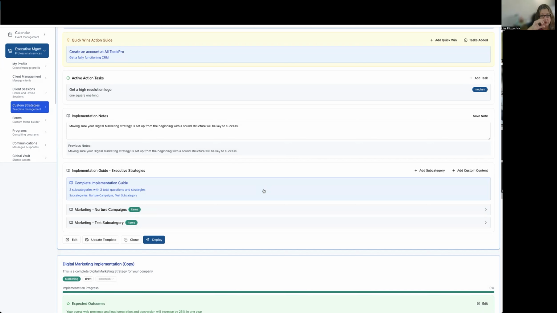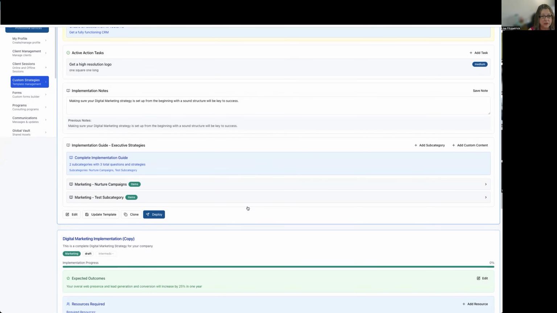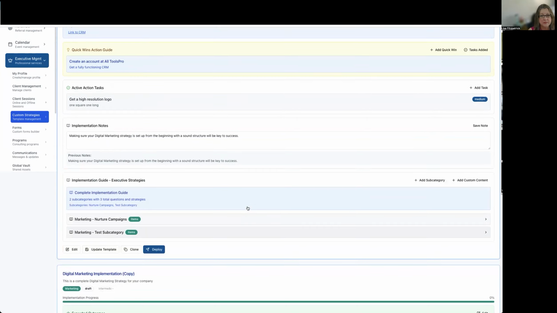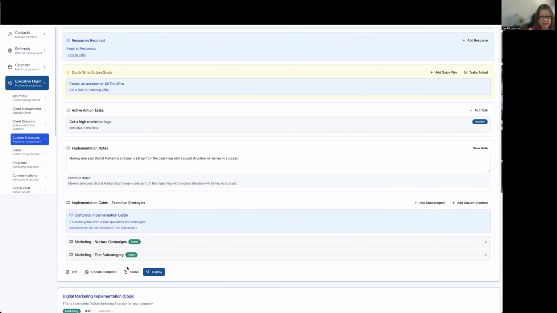So if you're already on number 1, it should go number 2 and move everything else down if you're doing a custom strategy. And then you can always rearrange things in your journey map for them. So now we have custom templates. You can even add, if you update the template, you can add,